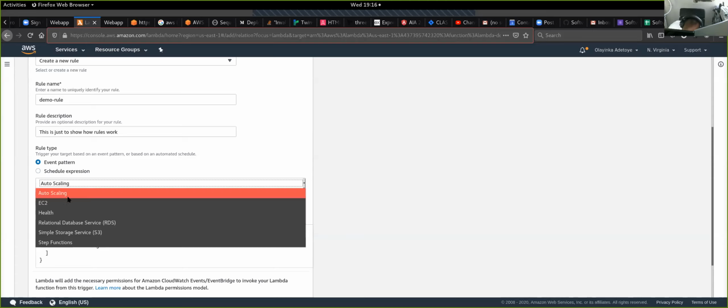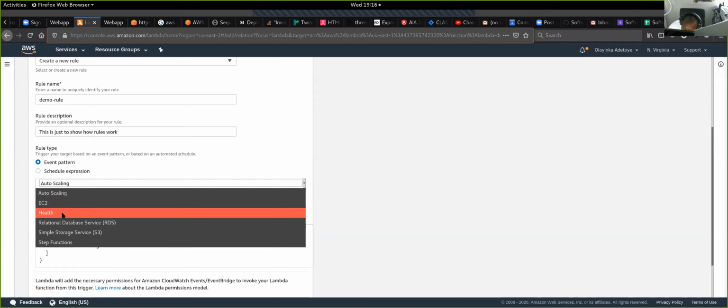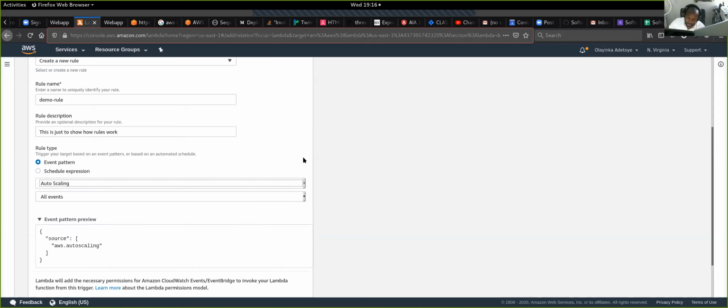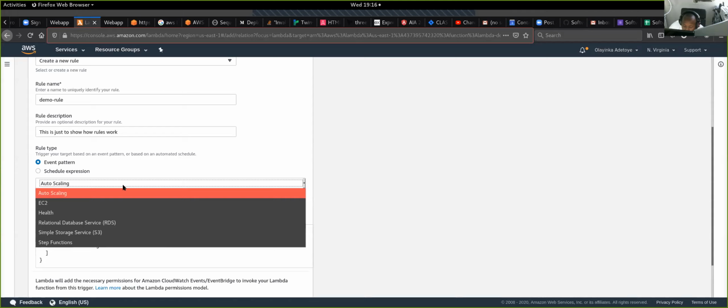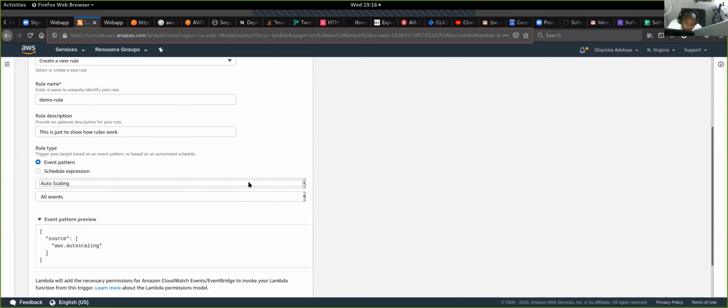Auto scaling, EC2. We can have CloudWatch rules that trigger based on the health status. So you see how when Dak screwed up his server and the health went from good to degraded, you can have a CloudWatch rule attached to that which will call a Lambda function to do something. Maybe restart the server,